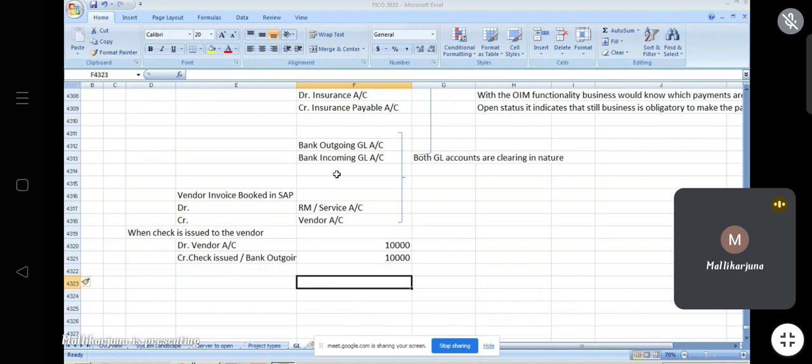Okay, so what happens? We have a business-issued check for clearing. Let's say it will take 3 to 4 days or 1 week. It depends on the bank norms, in how many days the check is going to clear. Until that, where does this amount have to sit? Until the check is cleared,